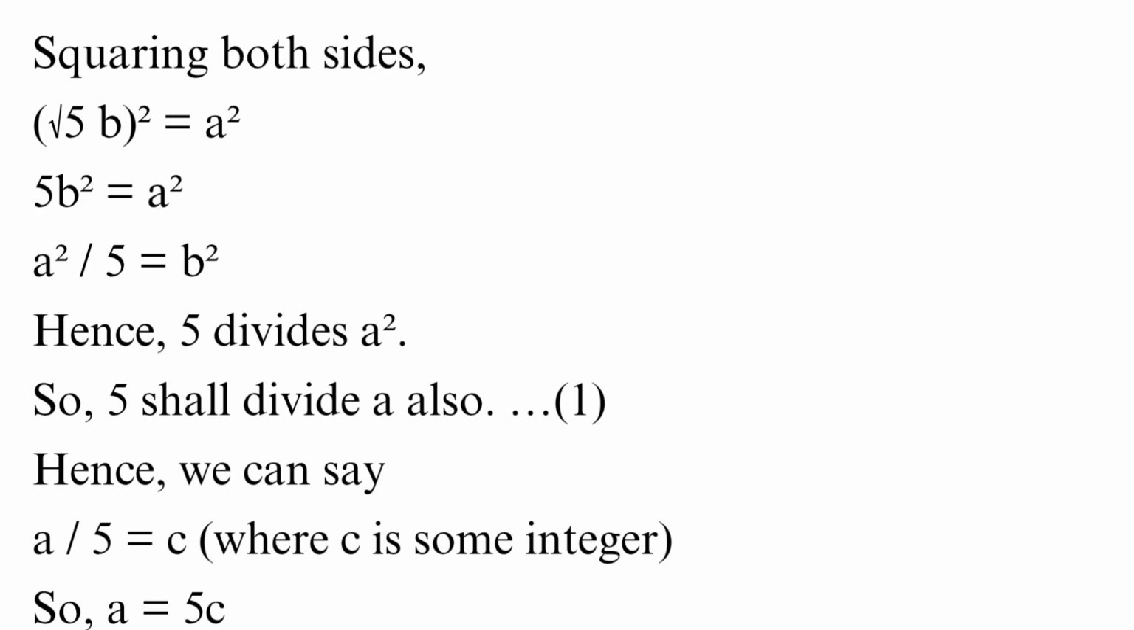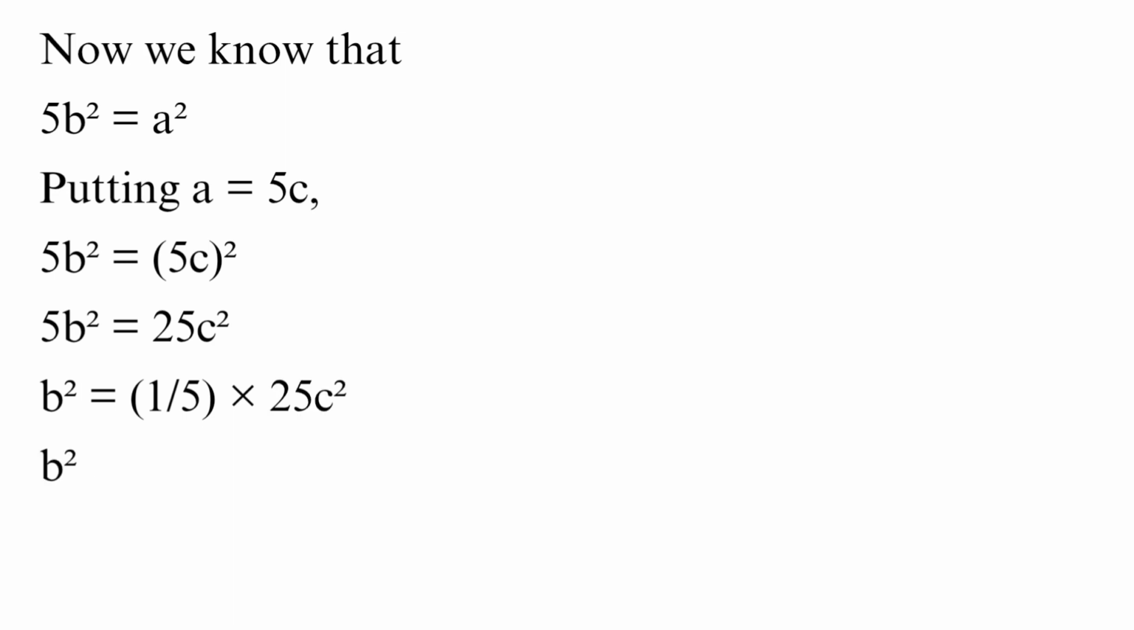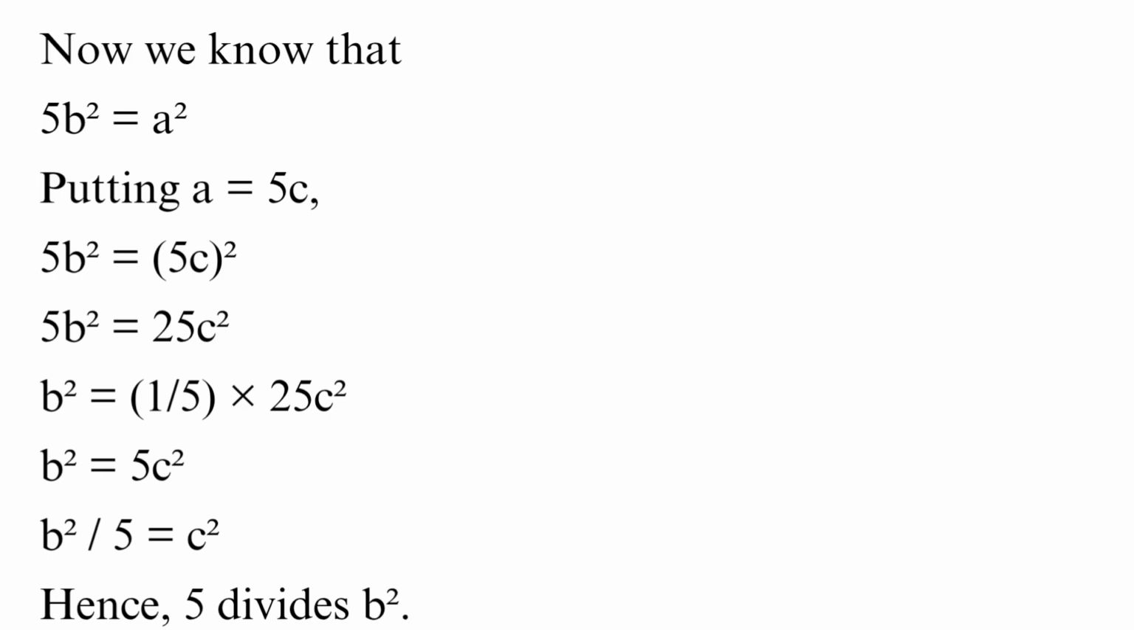So, a equals 5c. Now we know that 5b squared equals a squared. Putting a equals 5c, 5b squared equals (5c) squared. 5b squared equals 25c squared. b squared equals 1/5 times 25c squared. b squared equals 5c squared. b squared over 5 equals c squared. Hence, 5 divides b squared. By theorem, if p is a prime number and p divides b squared, then p divides b. So, 5 divides b also. (2)